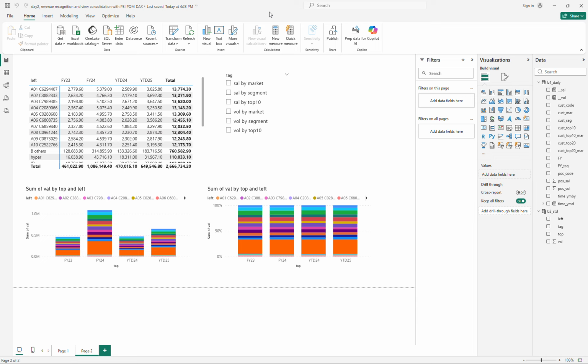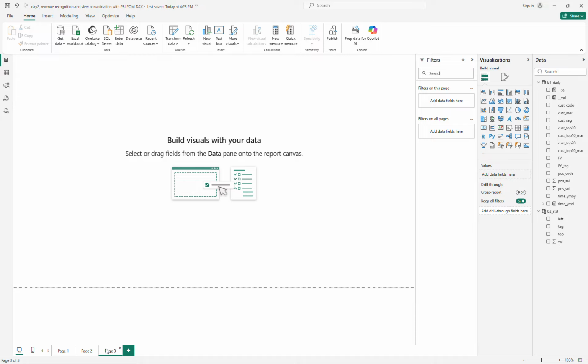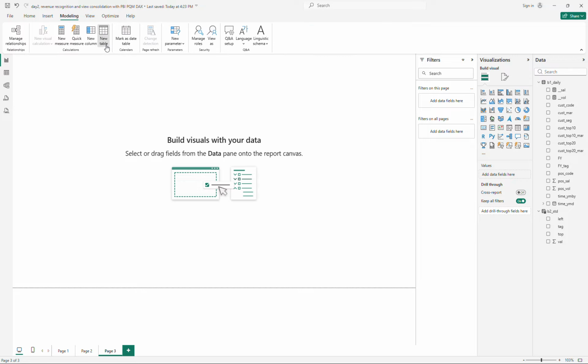Okay, so moving to the second part, I will show you how to use the same technique, which is view consolidation index, to perform the mix sectional view. So in this case, I will mix the month and then the year together. Okay, so let us start with the modeling again, and then new table